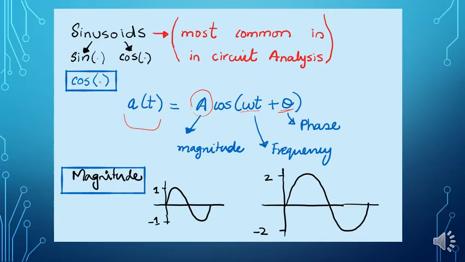First of all, magnitude. The magnitude tells us what the value of the signal is, what height is attained by our signal. In these two signals, the first signal has an amplitude of 1. It may be volt, current, or any form which would be given. And the second signal represents 2; on the y-axis its value is 2. So this is the magnitude of our signal.